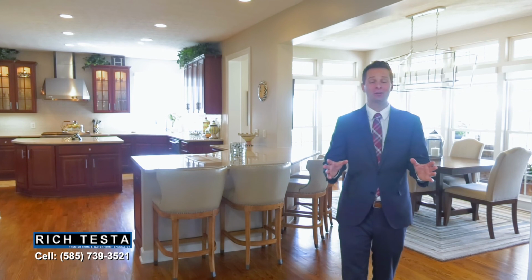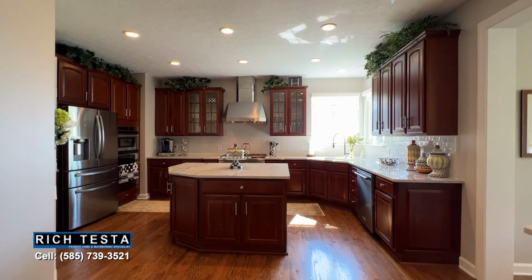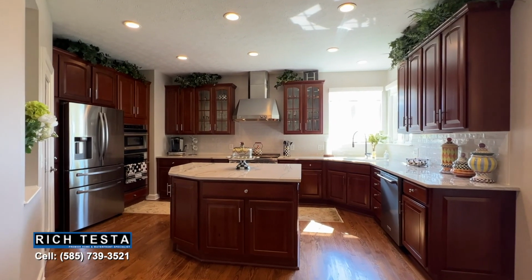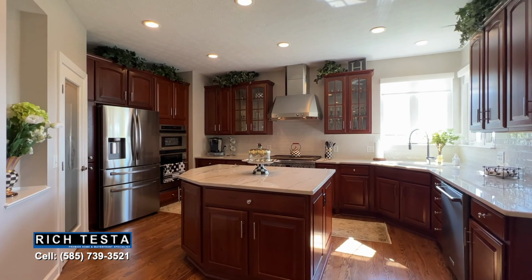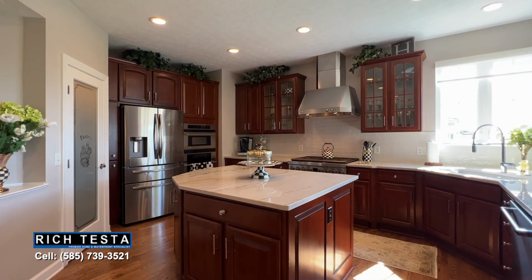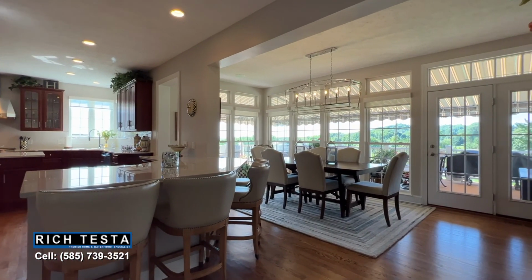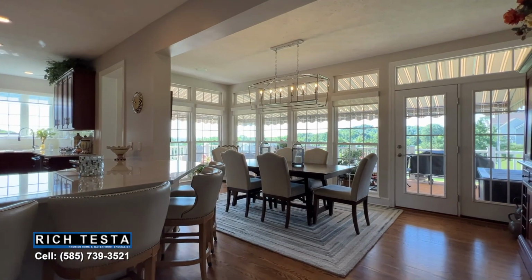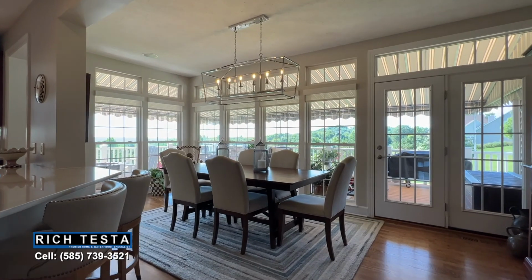This builder's model home, combined with thoughtful upgrades, truly impresses around every corner with the quality and chic design. Featuring the ultimate entertainer's dream kitchen with beautiful cabinetry, a tile backsplash, high-end stainless steel appliances, a pantry, a dry bar, granite countertops with a center island, a breakfast bar, and beautiful hardwood floors. Open to the spectacular morning room with a wall of windows, including transom windows and deck access with scenic elevated